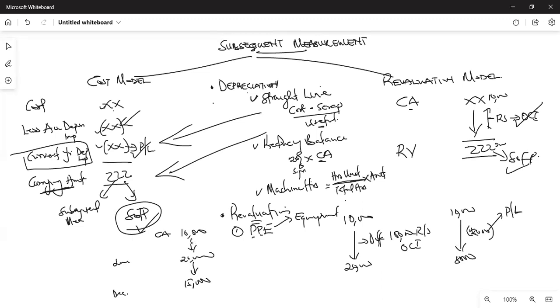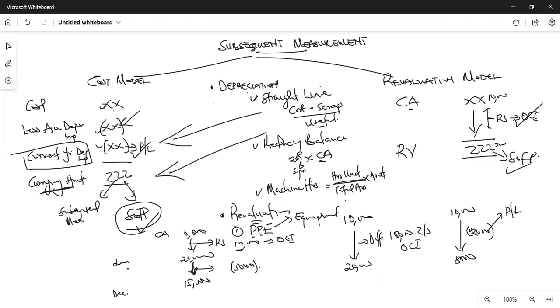So in between, there is a revaluation surplus of 10,000, which will go to the OCI because it's a positive revaluation. Then over here, it is a loss of 5,000. You cannot take this 5,000 to the P&L directly because that same asset has been revalued before with an amount